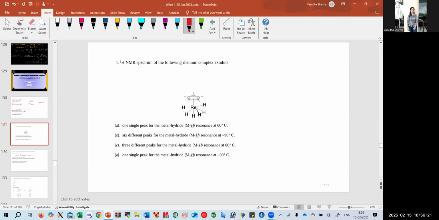So you can see we have one type of CH3 protons over here, and another type, the hydride protons, which are bound to the metal center. So one peak we will get for the metal hydride at 60 degrees. 6 different peaks we'll get from the metal hydride at -90. 3 different peaks for the metal hydride at 60 and one single peak at -170, -90. So we have already seen that we are not looking into the equatorial and axial. Those will give you different peaks at -90 degrees, because we will be having